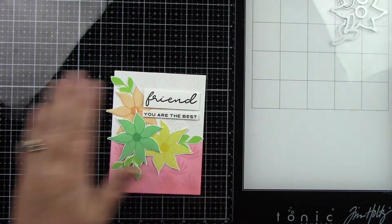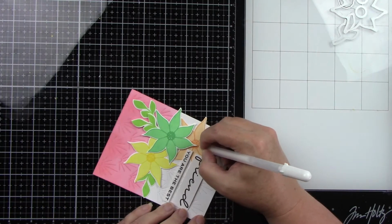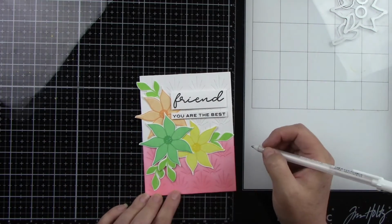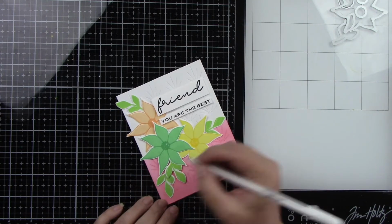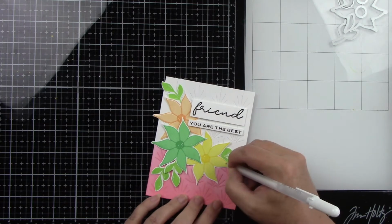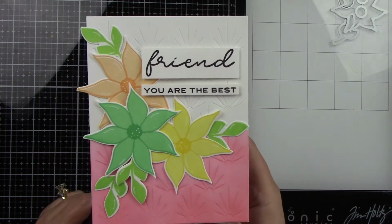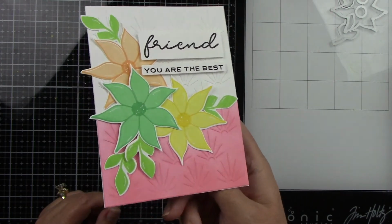Okay, I'm going to attach this to a white A2 size card base, and I want to add some details to the flowers, so I'm using a white gel pen to achieve that, which is really quick and simple, but it just adds a little bit of extra something, and I'm going to add some dots to the centers of the flowers. And then I'm not going to add any sequins, but as you can see here, the little highlights